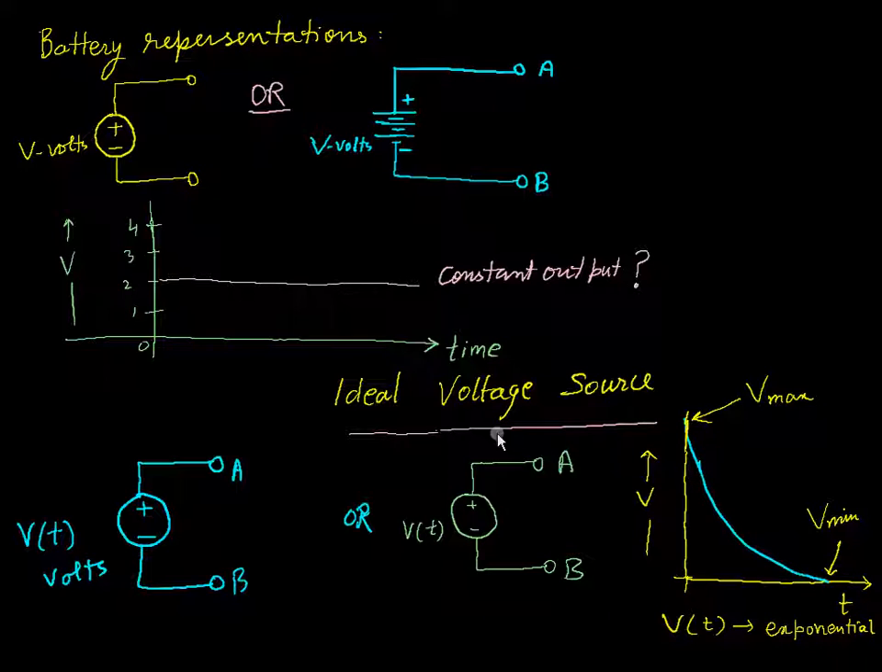So here an ideal voltage source can be shown in this way, or in this way by writing V(t), V as a function of t, and this will be the behavior. At zero time the voltage will be maximum, and